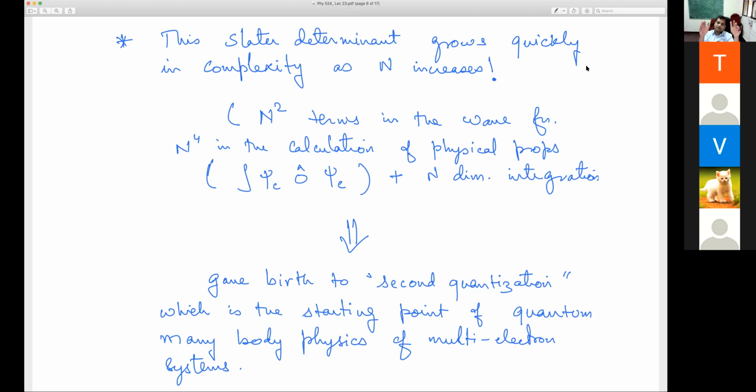If I start talking about systems with 1000 electrons, I'm having 10 to the power 12 terms to just write down. That's a lot of pages, and doing the calculation becomes almost impossible unless I am working on a computer. This becomes an almost intractable problem very quickly. Even for a 100 electron system, this becomes intractable very quickly, even computationally. But it is still very good.